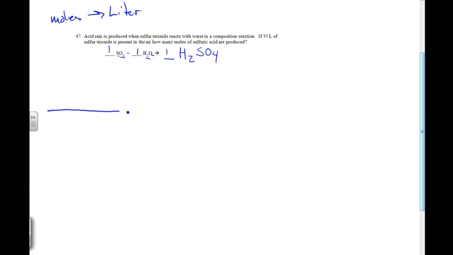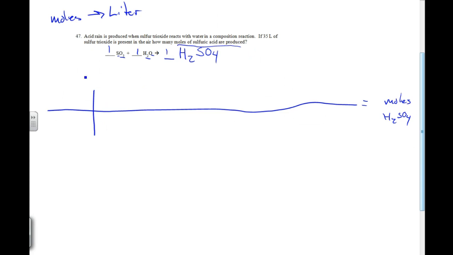Our second step is to find what we want in our answer. All right? These lines are awesome. What we want in our answer, it says how many moles of sulfuric acid are produced. So I'm going to write moles H2SO4. The third step was to start with what I was given, 35 liters of